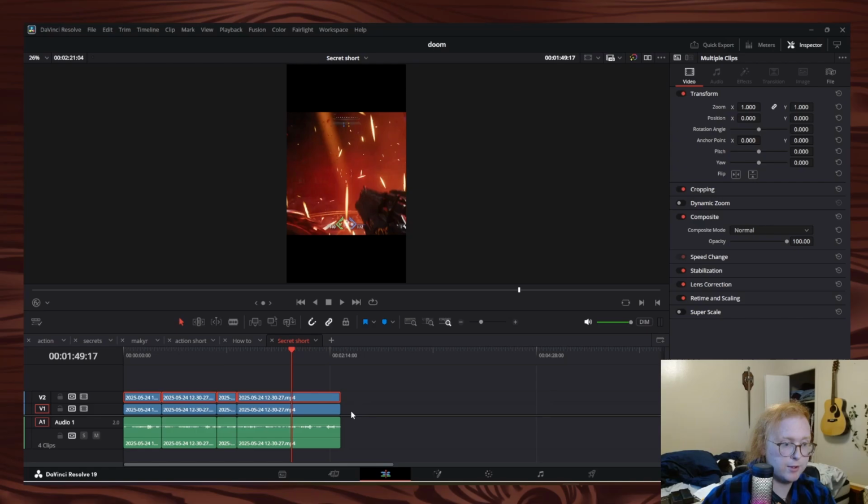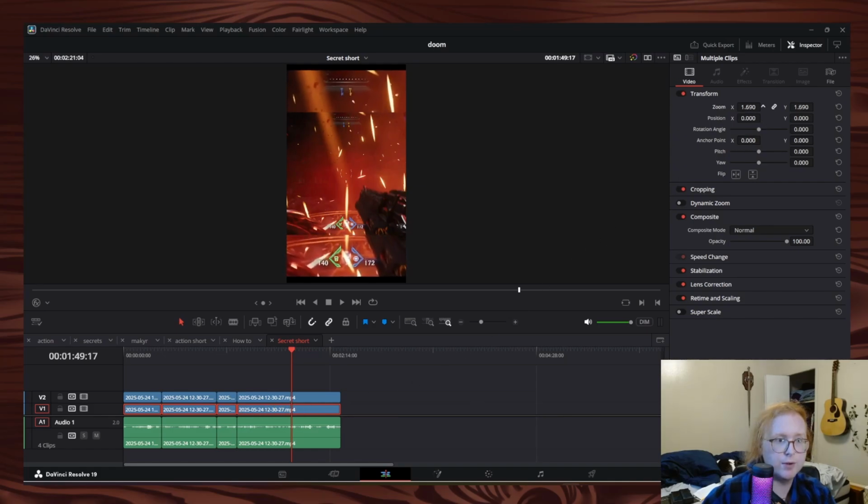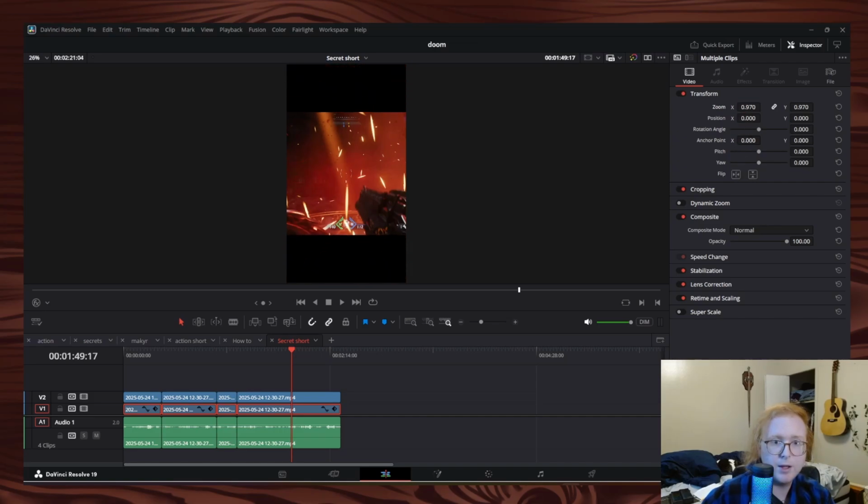So at this point, what you want to do is make the bottom one, which is going to be the background, large enough to fill the screen. If it's a little larger, that's fine. I usually go about here, just a little bit zoomed past. You can also simply, let's say it's back down to here, double click in the zoom box and type